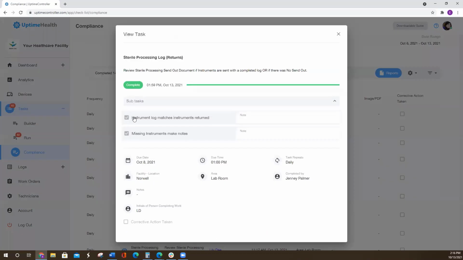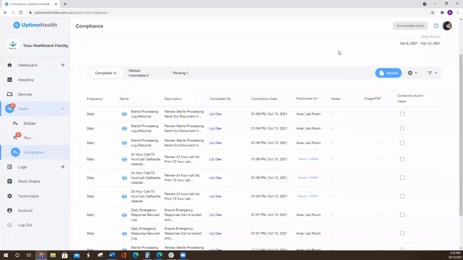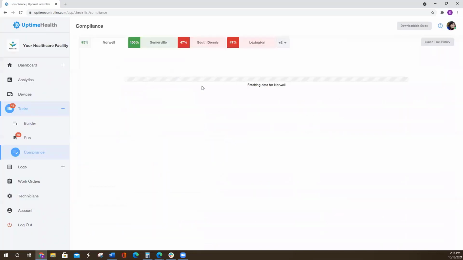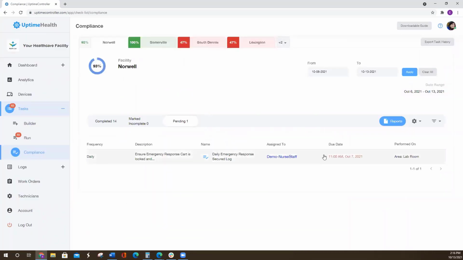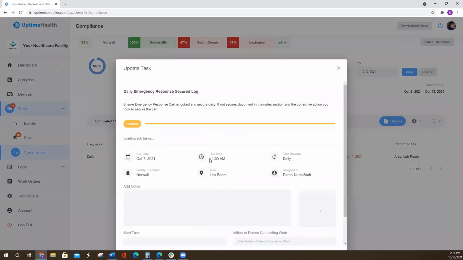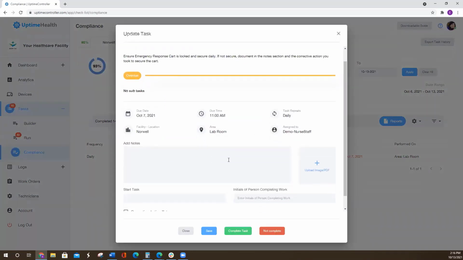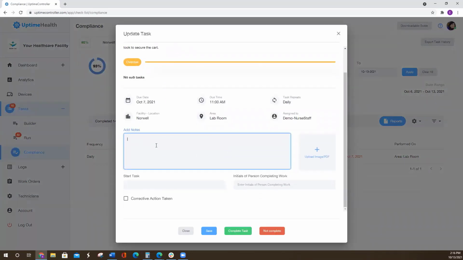Maybe in this specific circumstance, we see that there's been no notes and we need to follow up with that specific user. We also see that we have a pending task. So this task was due on October the 7th at 11 o'clock. So as a manager or maybe even a staff member, we want to go into that task. It'll bring it up in the compliance dashboard, but we can actually document in this section, not complete,